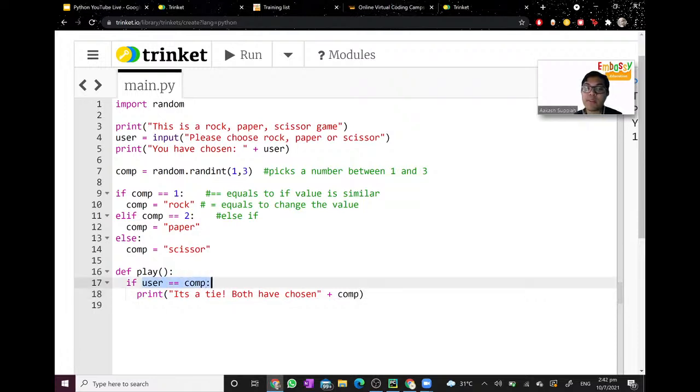So what this if statement means is that if user, which is us, and com, which is the computer, have chosen the same choice, could be rock, paper, or scissors, the computer will print out a line saying it's a tie, both have chosen, and the choice that we have chosen.